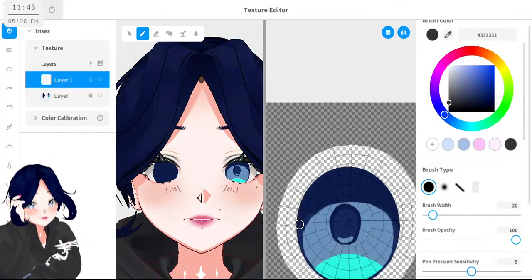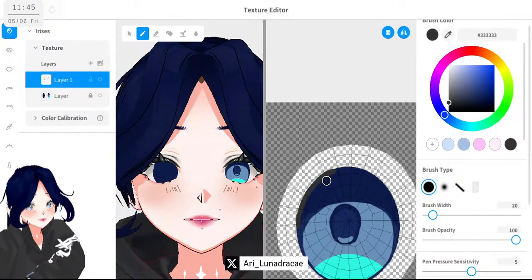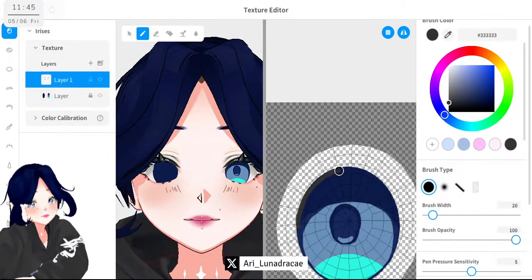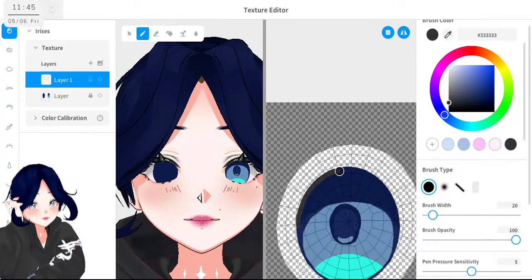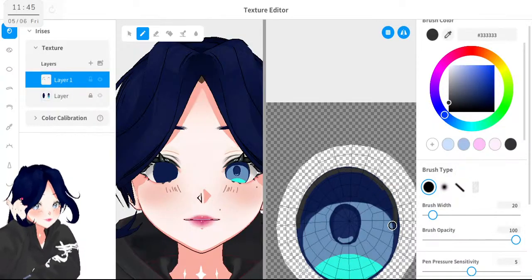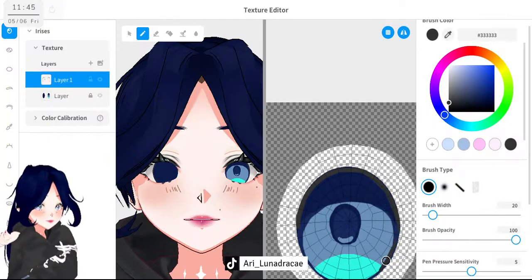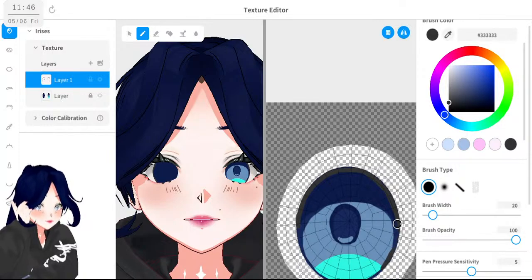I initially thought about doing heterochromatic eyes, because I honestly think it looks very cool. But I ended up deciding against it.